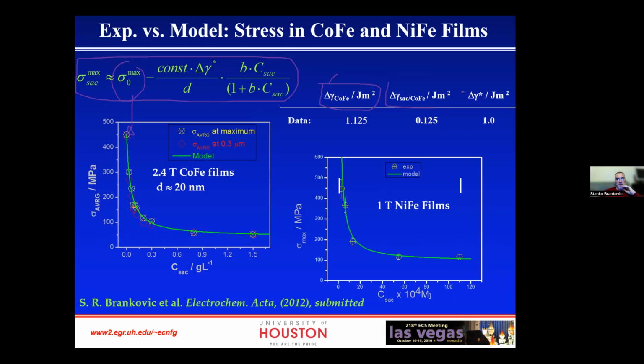The delta gamma star you get from the fit is about 1 joule per meter squared. From this, you can calculate that delta gamma, which is the driving force when you have a surface completely covered with additives, is only about 0.125. So the reduction of the driving force from going from a clean surface to a surface completely covered with the additives, meaning coverage equal to 1, is about 10 times,